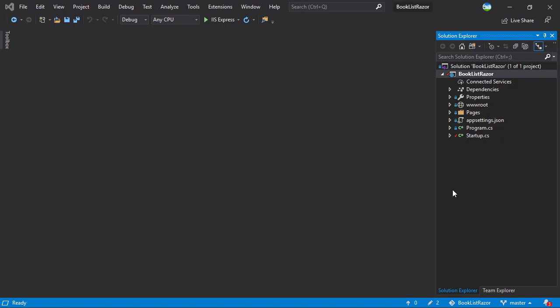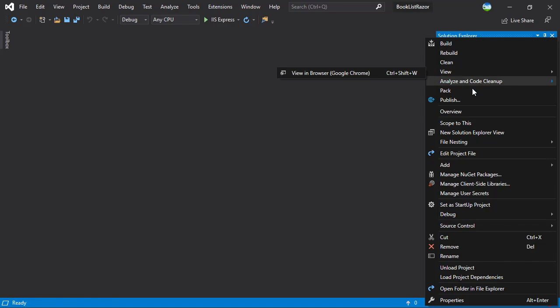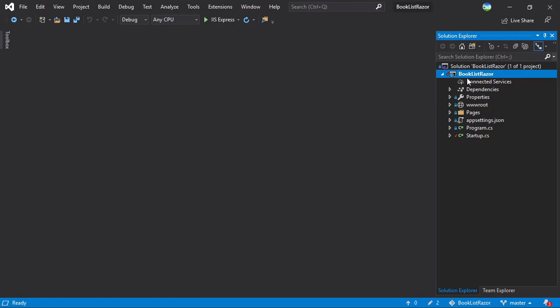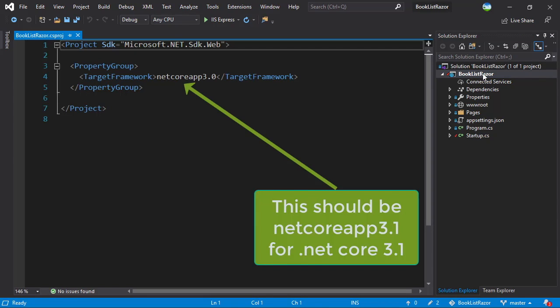In this video, let's take a look at the project configuration file. In order to open that, you can right-click on the project, not on the solution, but on the project, and you have the Edit Project File option. Or all you can do is double-click on the project name and it will open up the project file. The file name would be the project name and then the extension .csproj. Project file has been there since a long time, but the format of the file and how it works is different in